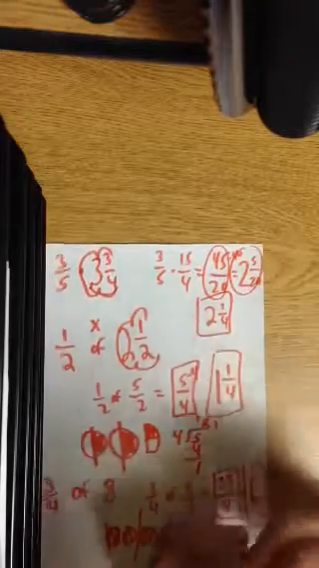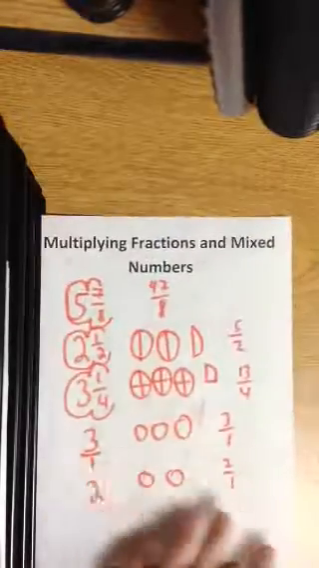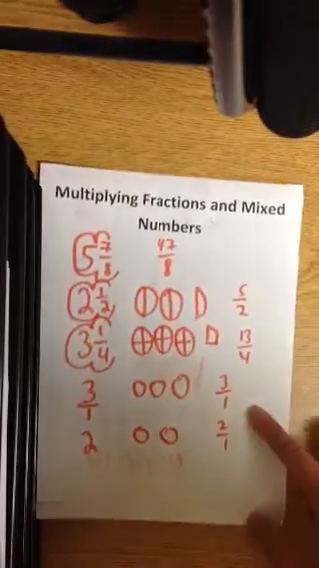And that's how you multiply fractions and mixed numbers. So you just turn it to a fraction and you times